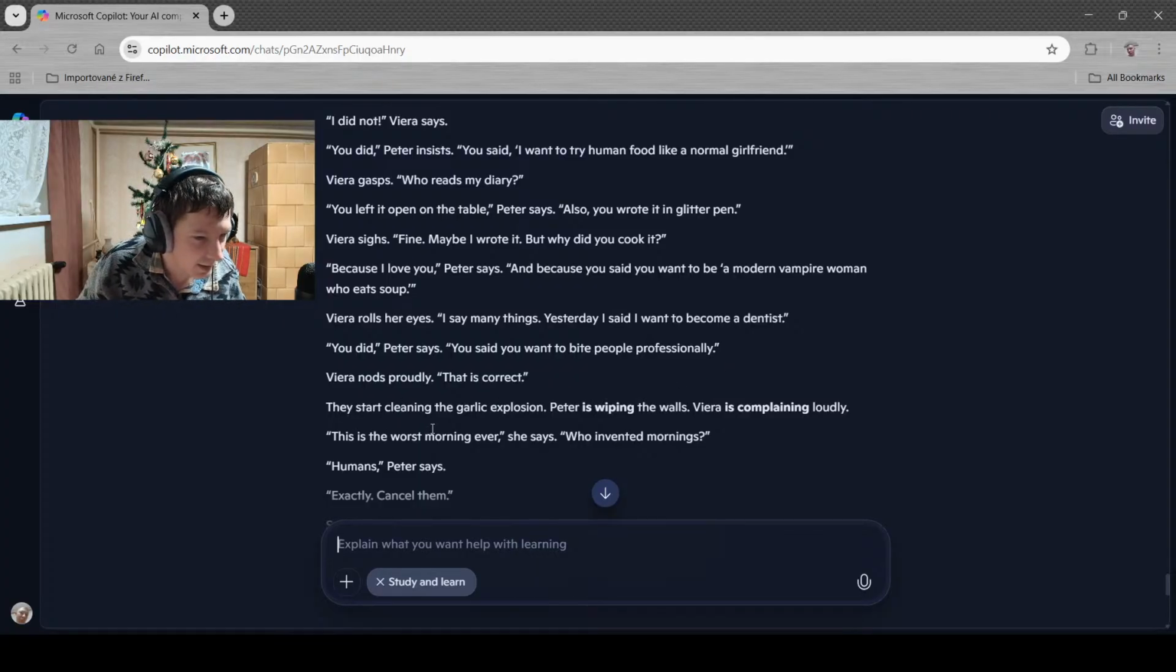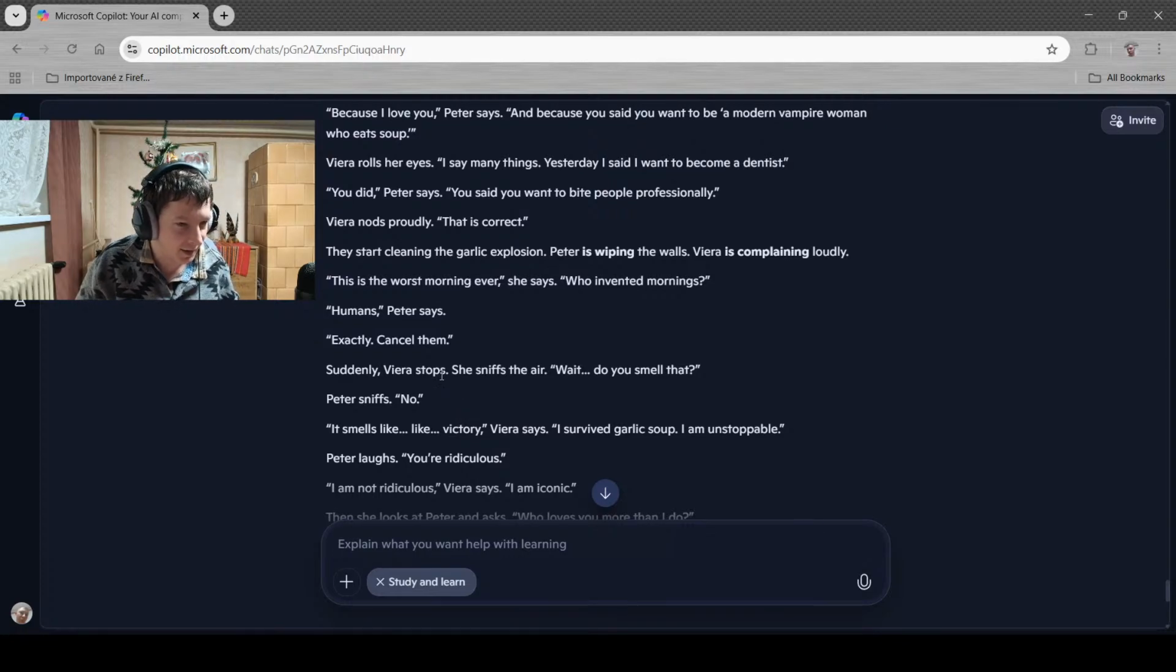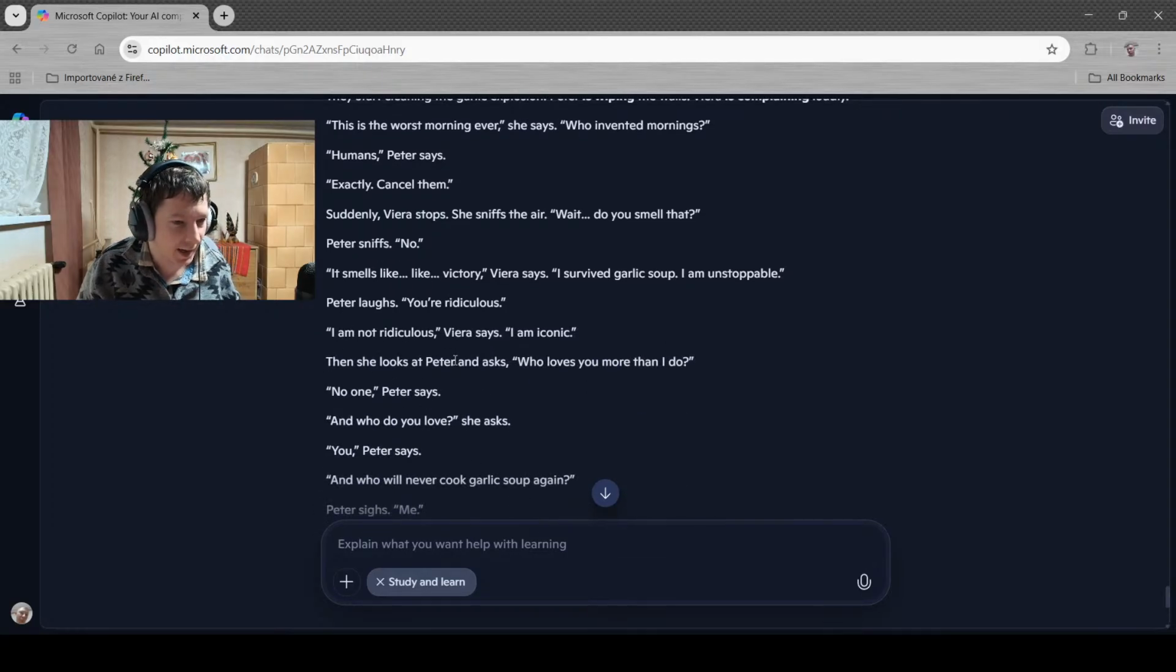They start cleaning the garlic explosion. Peter is wiping the walls. Viera is complaining loudly. This is the worst morning ever, she says. Who invented mornings? Humans, Peter says. Exactly, cancel them. Suddenly Viera stops. She sniffs the air. Wait, do you smell that? Peter sniffs. No, it smells like victory, she says. I survived garlic soup. I am unstoppable. Peter laughs. You're ridiculous. I am not ridiculous, Viera says. I am iconic. Then she looks at Peter and asks, Who loves you more than